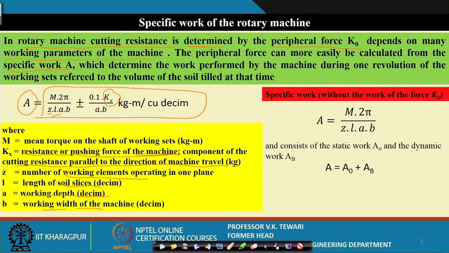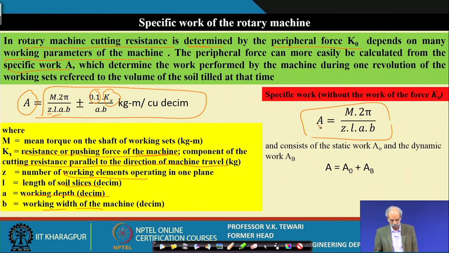This resistance may not be to that extent sometimes, and that is why it has been given a very small factor, and many times if we ignore this part, then the specific work A simply comes to this value. This value then has two important components, one is the static work and the other is dynamic work. These two are then added up: A is equal to A0 plus